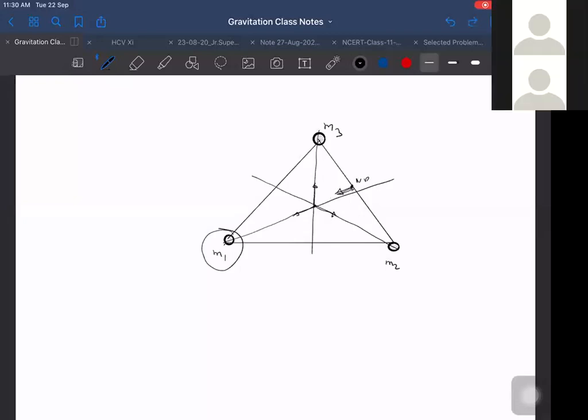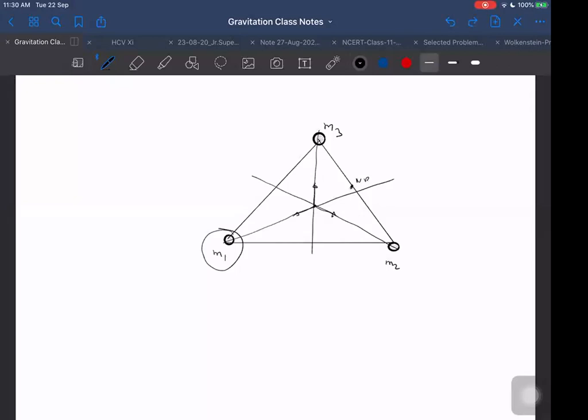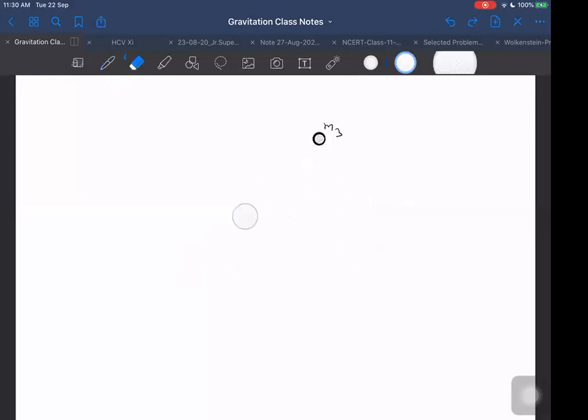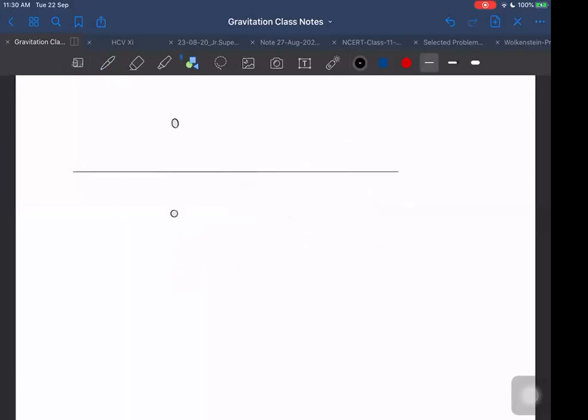You may think there is just one such place only, but there will not be any other place. So I think I should make this point clearer with some other example. First of all, you answer this one. Then I will tell you that this is mass M and the other side is also mass M, M each, and the distance between these is R and R, that is, 2R between these.